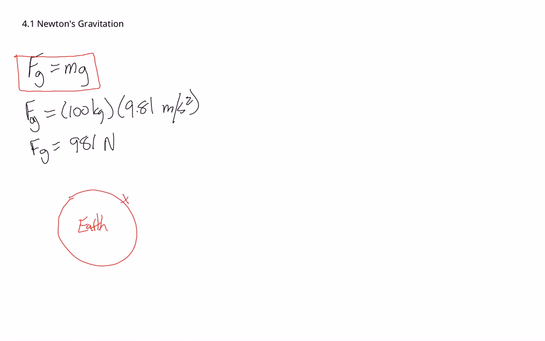So for objects on the surface of the Earth, our gravity is 9.81 meters per second squared. But as soon as we go to different planets or moons or anything else, that number would not be valid anymore. And it also isn't valid if we were not on the surface of the Earth. So if we're up in space on a space shuttle, a certain distance from the Earth, then that gravity would be different as well. So the key thing to remember is our basic formula, Fg equals mg, only applies to gravity on the